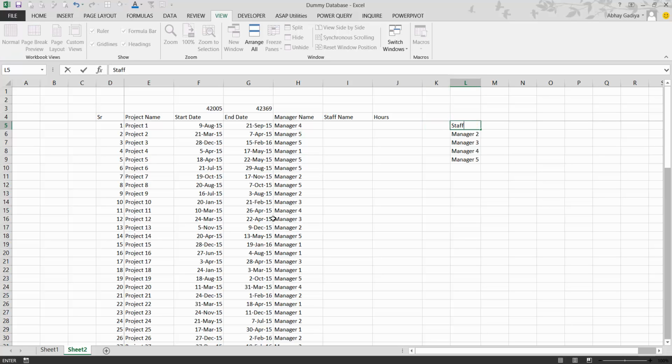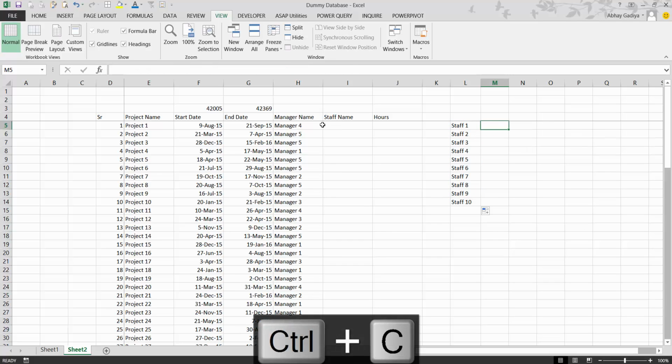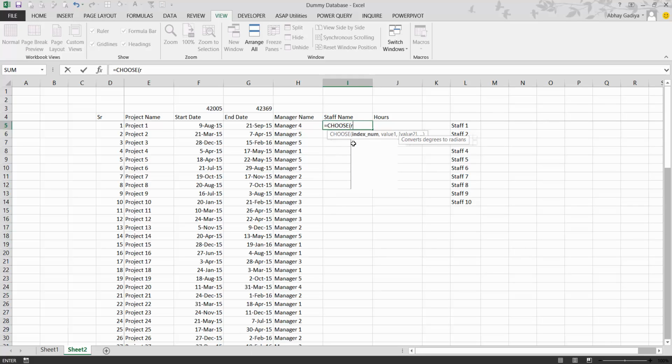So let us start typing staff 1 and we will assume that we have 10 staff. So let us start typing transpose over here. Transpose this, press F9, Ctrl C. So let us go to the staff name field, choose and random between 1 to 10.